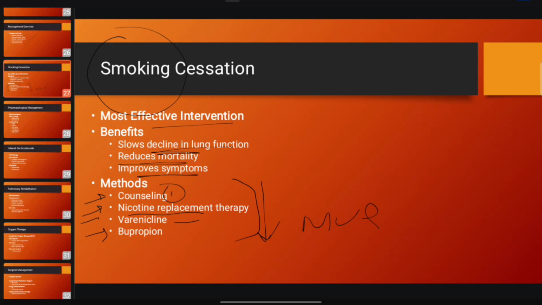Okay, so sometimes in the scenarios they have given that the patient is not willing for nicotine replacement patch, like in this AMC question, where the patient had no benefit from counseling, and he also shows reluctance to using this nicotine replacement. So then we have to choose varenicline.